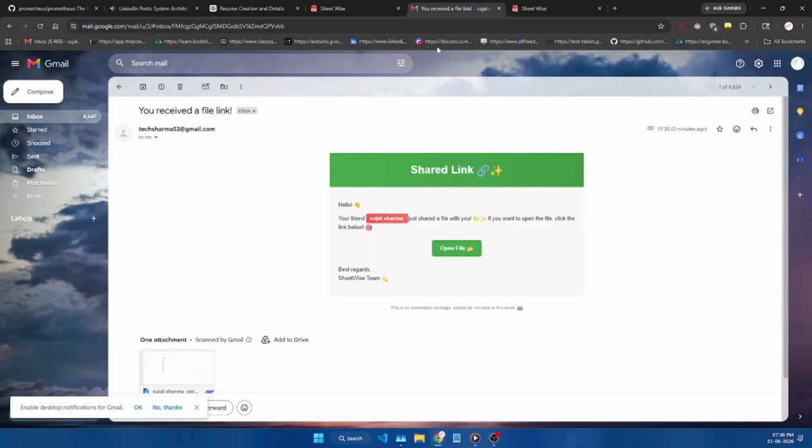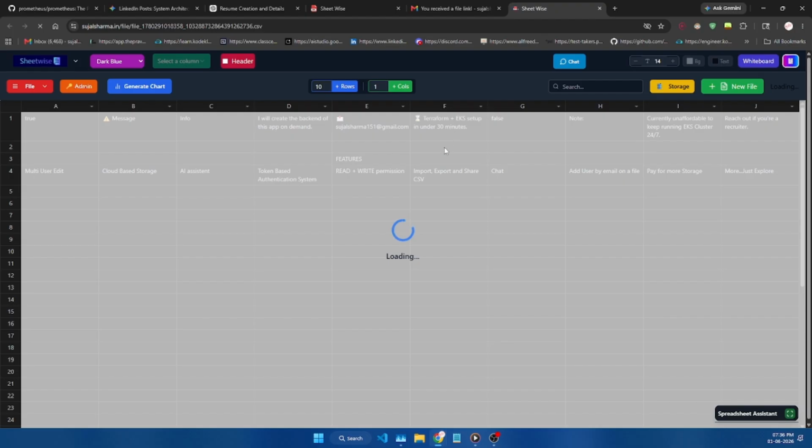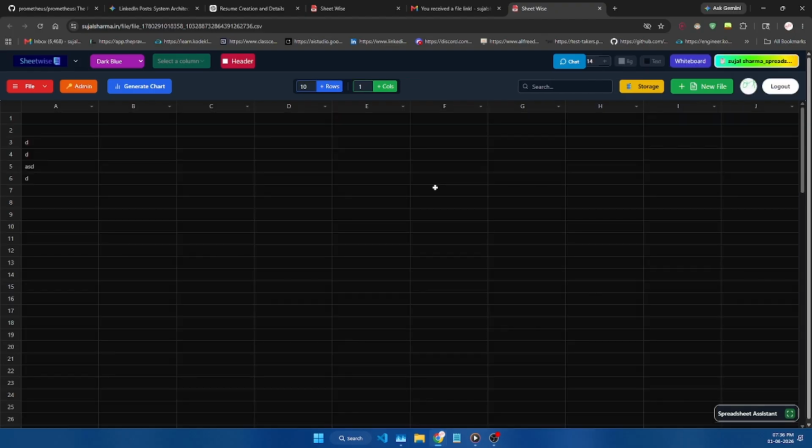So now if I open the file again, you can see that the file has now opened, and this time it is opened with the help of the newly shared account, right?